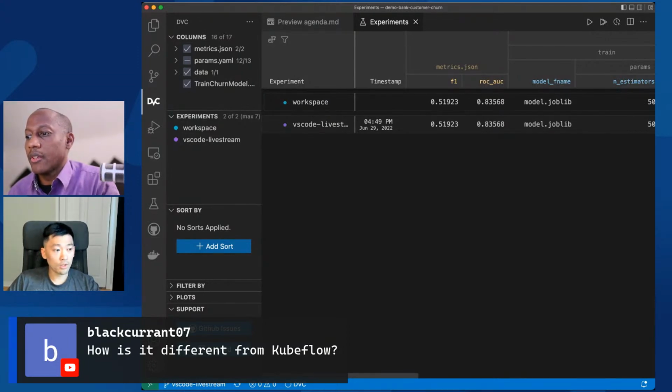What I'm going to show here today is everything running on my local machine. And Kubeflow, again from what I remember, is not really an ML experiment platform. It's more for running and training your models rather than tracking the performance of the models.